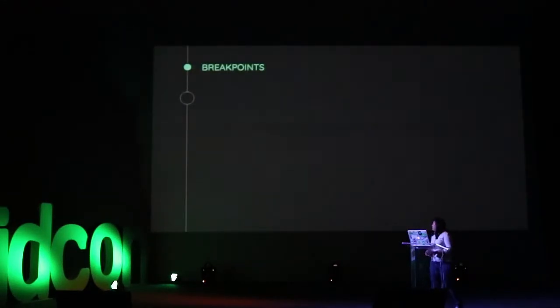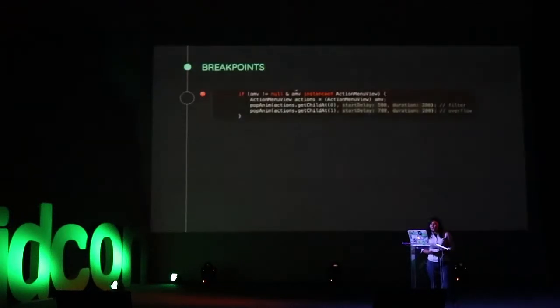So, what are breakpoints? Breakpoints are those red dots in the left gutter in Studio beside the line numbers. You click on the gutter to put a breakpoint there, to tell Studio that when you get to this part of my code, please stop because I want to do something.